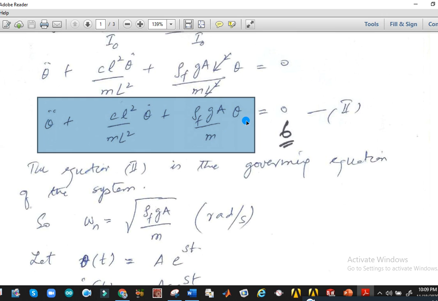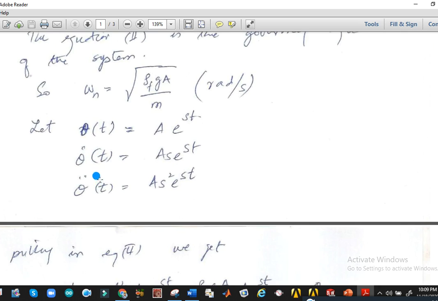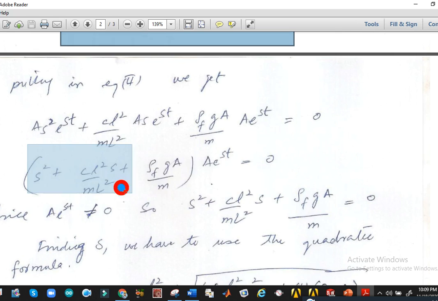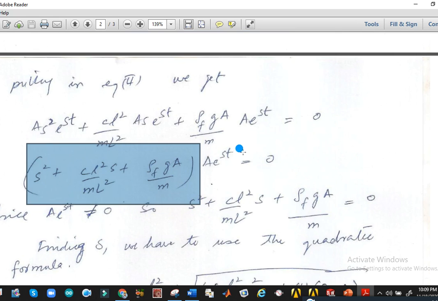So taking one time and two time derivatives and putting the values of theta, theta naught, theta double dot, we will be left with the whole term with the s square term. So you can see we have replaced theta of t is equal to A e to the power s t. This is the one time derivative, this is the second time derivative, putting the values back, we have this final equation. So this is one term and this is another term that is related with the velocity.